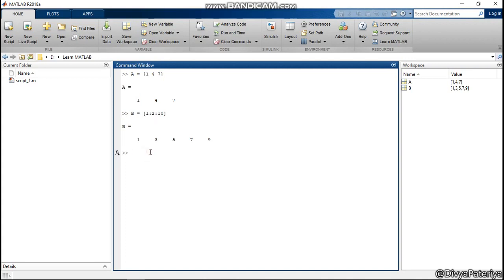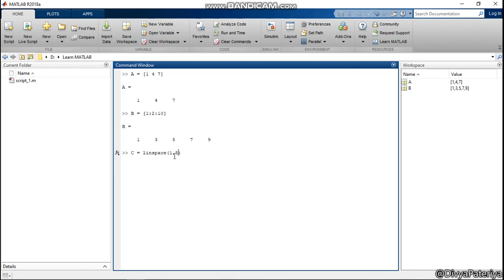Suppose I have my first number, I have my last number, and I want a certain number of elements in it. Suppose I am creating another variable c equals, and I will use the function linspace. In linspace, we do not give square brackets, we just give our normal brackets. I want 1 to be the first term, and I will give a comma.